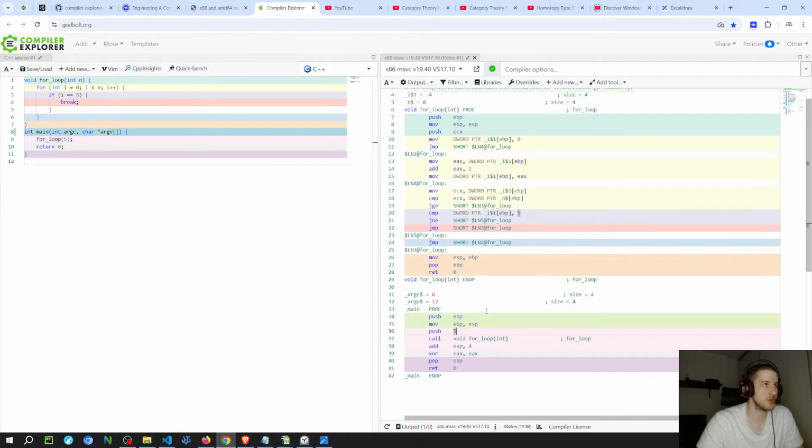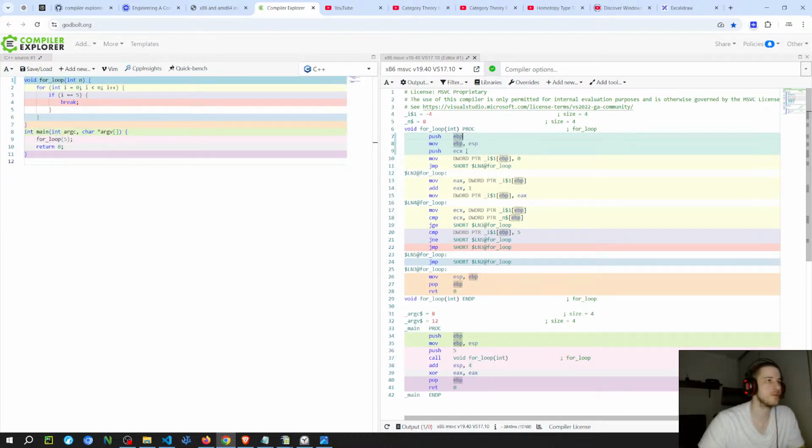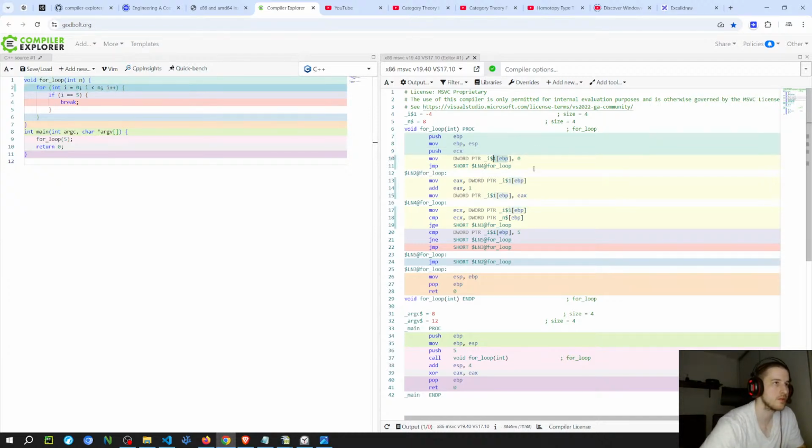Basically pushing 5 here again and calls the function. So this one is interesting because it's a loop. It's pushing ECX, so it has 5 on the stack at offset 8, so 5 is going to be n here probably. And pushing ECX to the stack, moving 0 to the first local variable place, so that's going to be I, as it says there. So the value of I is the first local variable on the stack. Then it jumps to the label.